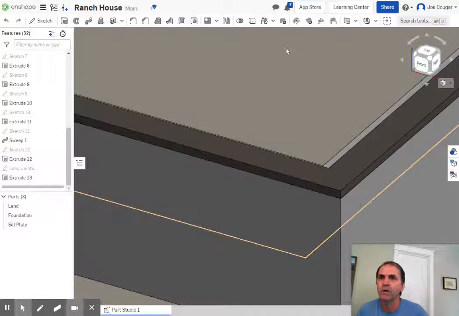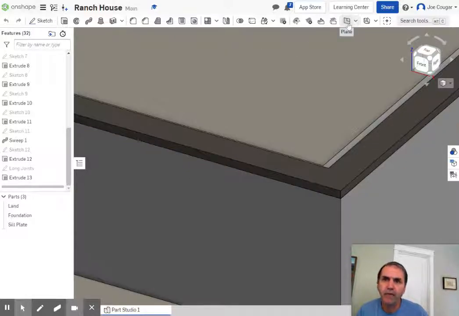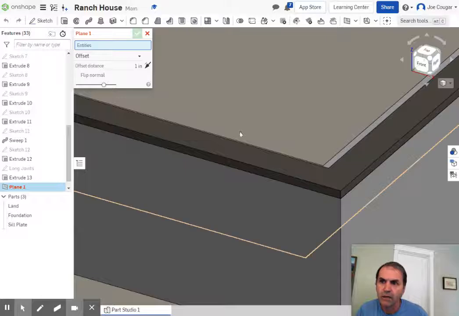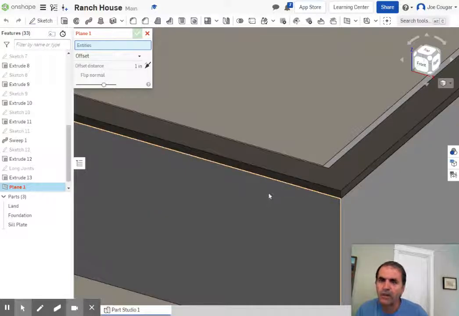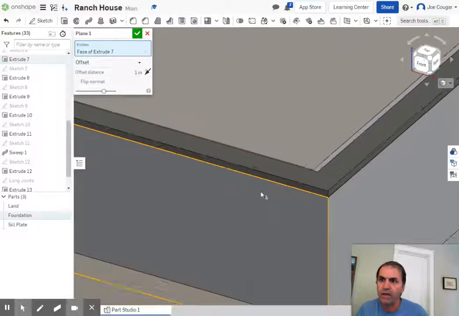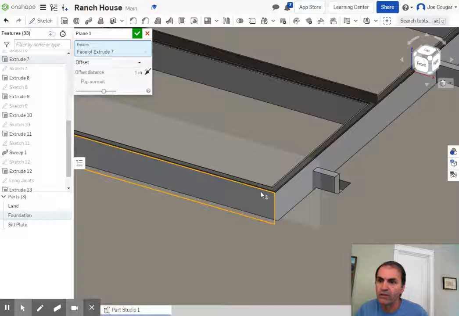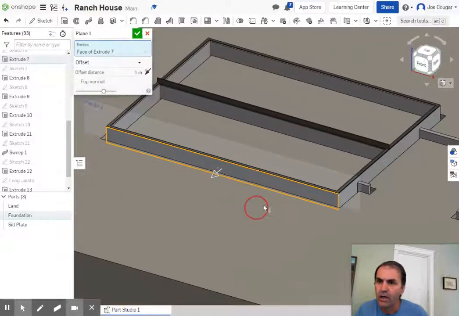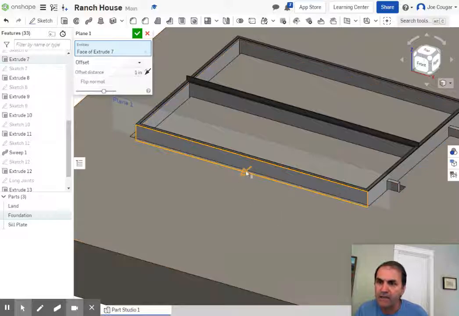So here we go. We're going to come up here. You probably already have it as default, but in a drop-down menu will be plane. Plane. We're going to click this big flat surface to offset from. Now, if I zoom out, it's going to show me that I am creating a plane, and right now that plane is